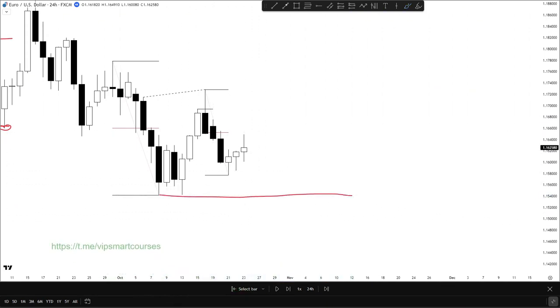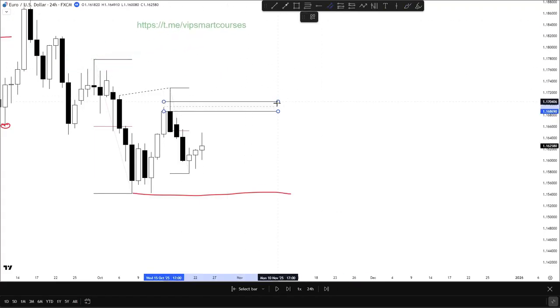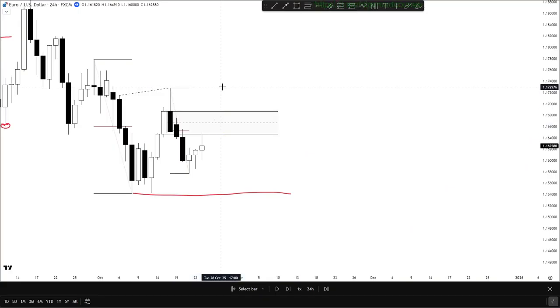And then from there I expected it to have a bearish range expansion profile lower, okay. And the key level that I had identified within this micro dealing range, let me show you, was this daily order block, the mean threshold of this daily order block. This was the key level that I expected price to react to, test or reach before having the bearish range expansion profile lower, okay. This was the premium key level that I had identified for this week as the key level that price will react to,